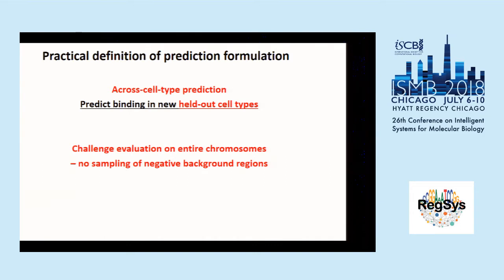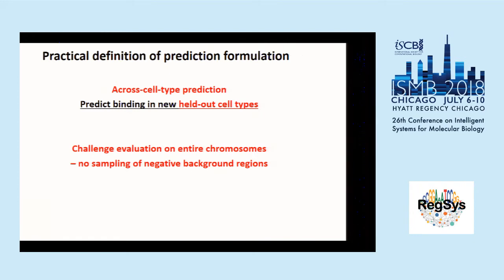So we evaluate exactly that way, on a chromosome-wide scale and on held-out cell types, so cross-cell type prediction. And it's very different, again, from the common practice of subsampling the whole chromosome or whole genome for background regions